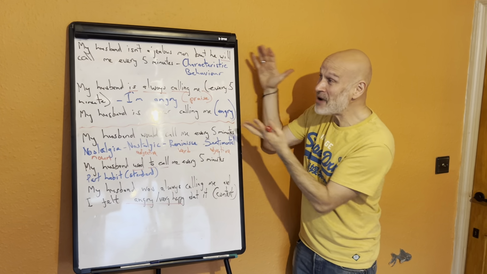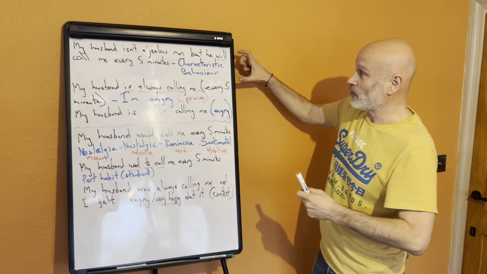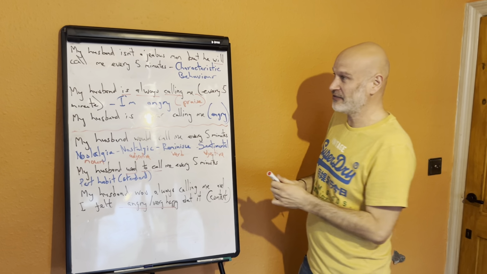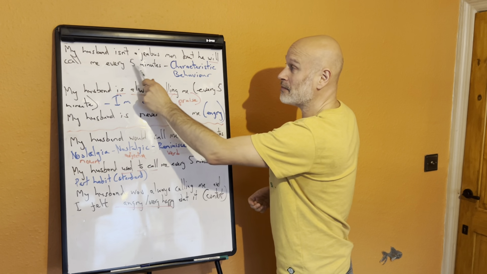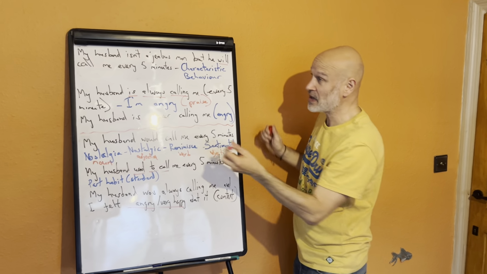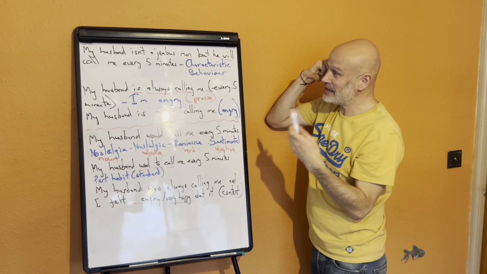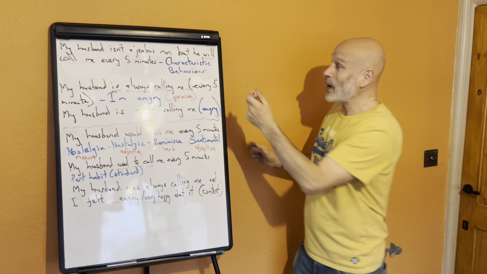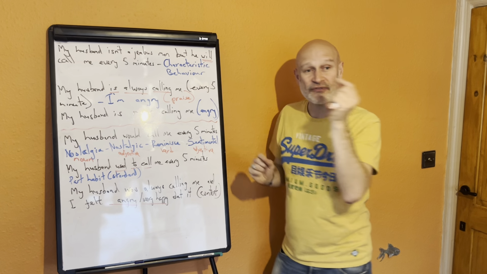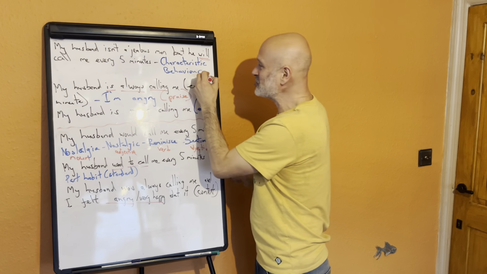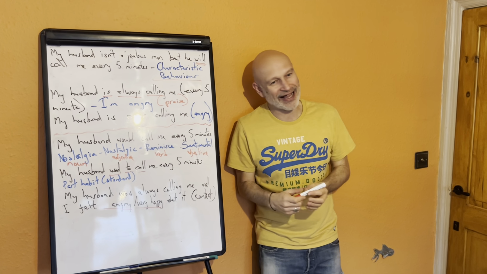This is all the emotional stuff. So, here's a way of describing characteristic behaviour. We use the same sentence to describe everything here so you could feel the differences. You talk about your husband, Anna. He isn't a jealous man, but he will call me every 5 minutes. When we're using will, which is a future word, to describe present habit, we're just describing his personality, part of